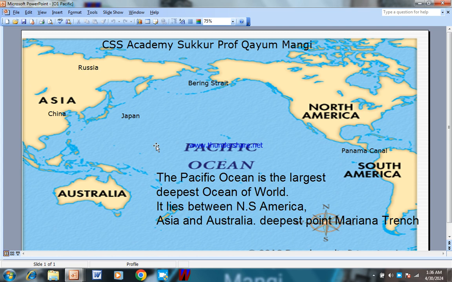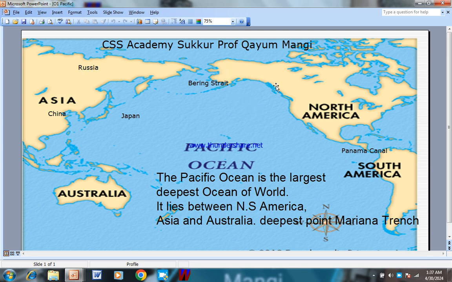The first ocean of the world is the Pacific Ocean, and everybody knows that the Pacific Ocean is the largest ocean, but you must know the boundaries in between the lands or continents. The Pacific Ocean is the largest and deepest ocean of the world. It lies between